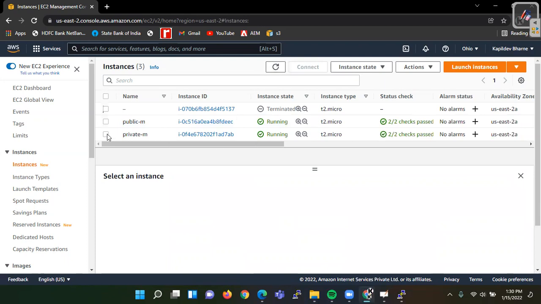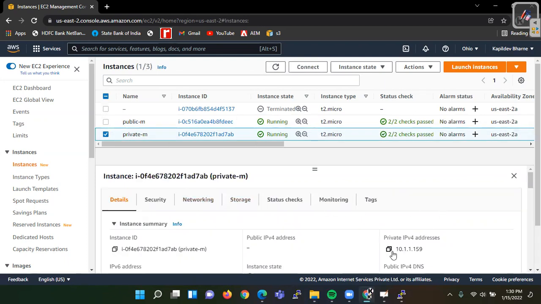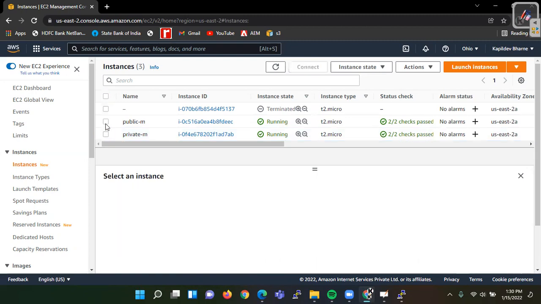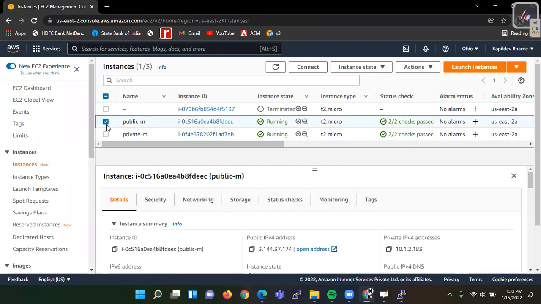Now see, we have the private instance and we have this IP address, 10.1.1.159. Friends, why is it showing it this way for public?